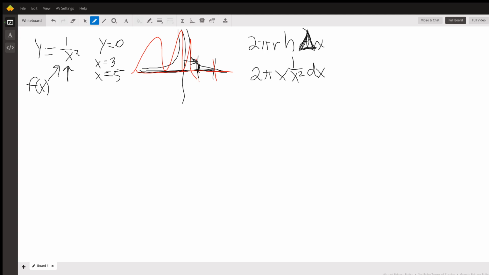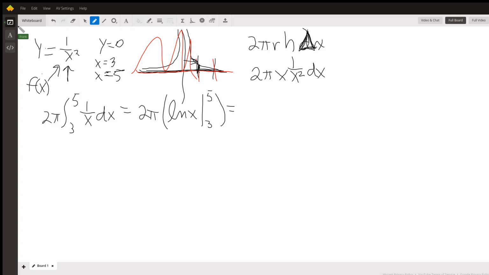It turns into dx. So I can write this as an integral from 3 to 5. 2 pi can come outside because that's just a constant. X times 1 over x squared is just 1 over x, and then dx. And that equals 2 pi. What is the antiderivative of 1 over x? The natural log of x. So 2 pi times the natural log of x, evaluated from 3 to 5, which is equal to 2 pi times log of 5 minus log of 3,